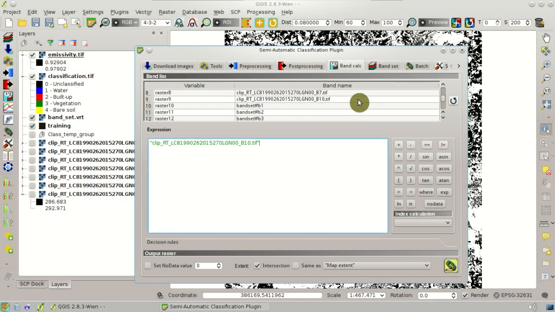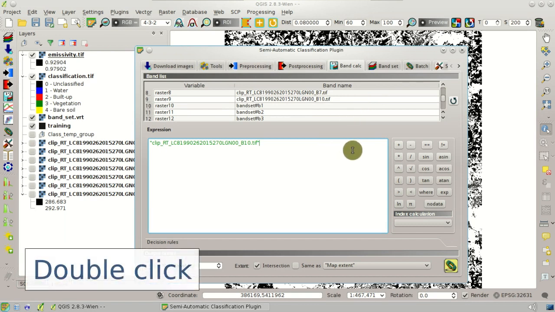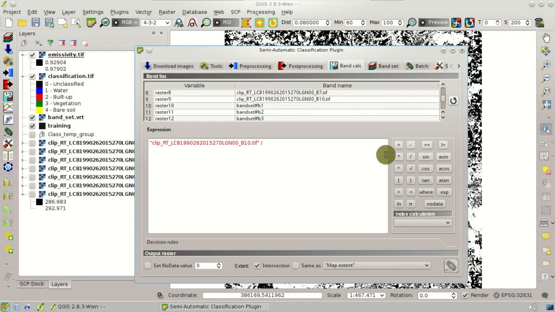So here in the BandCalc expression, click the name of the band 10 raster, which is the thermal infrared band of the Landsat 8 image, divided by, open parentheses, 1 plus, open another parenthesis, 10.8, which is the center wavelength of the Landsat band 10,